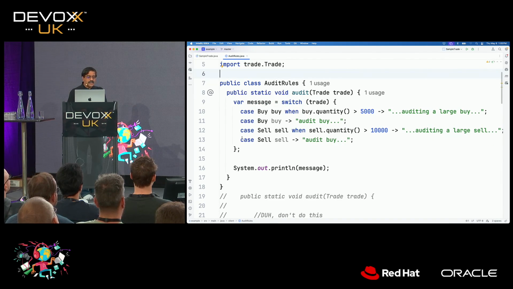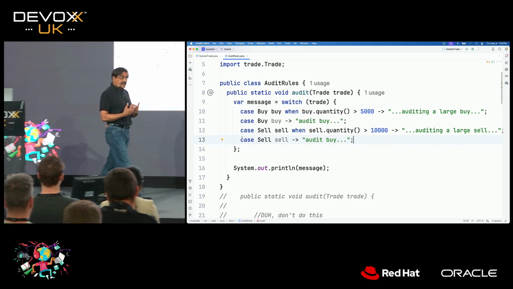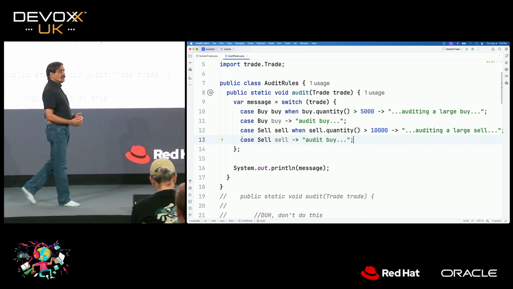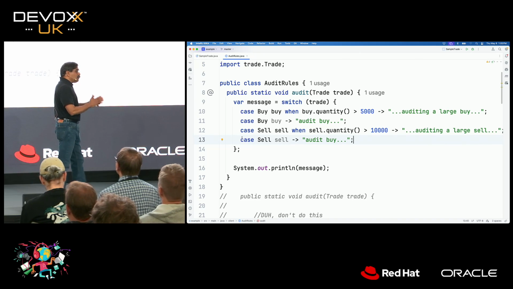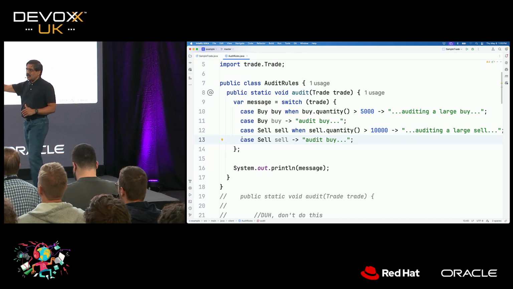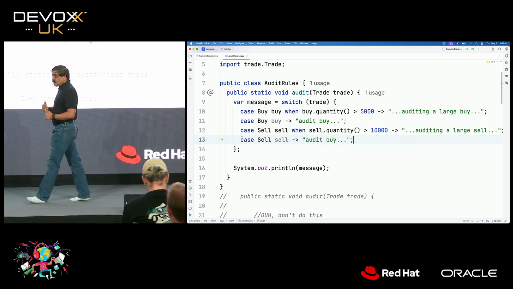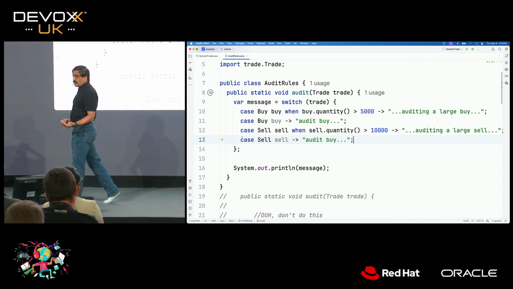The question is, should we still implement the default, right? That's a question. The answer is absolutely not. And the reason is, if you implement the default, you are trying to predict what to do in the future. That usually is a problem waiting to happen, isn't it? But in this case, if you don't implement the default, you get a compilation error.